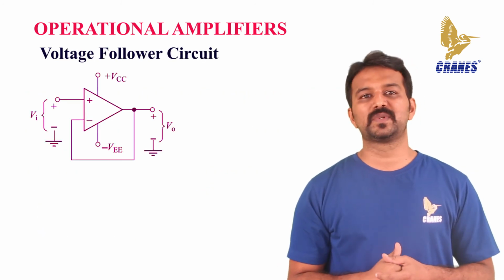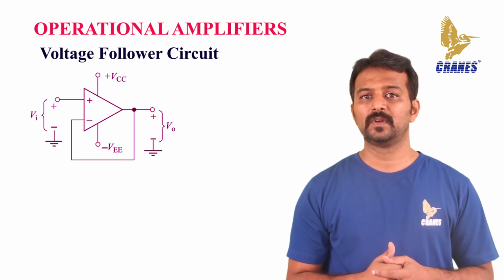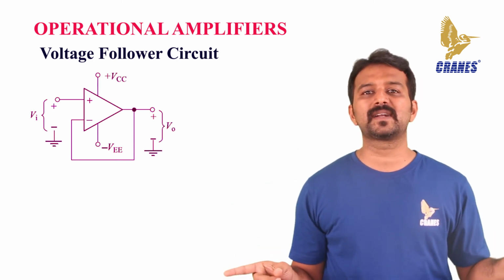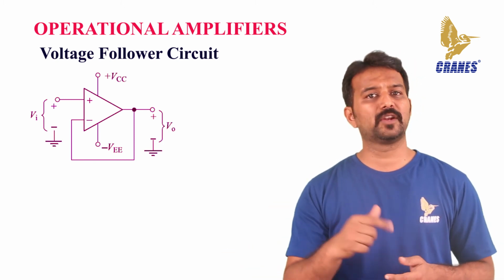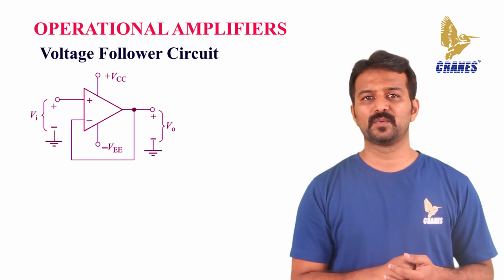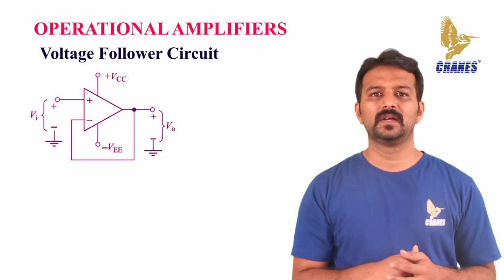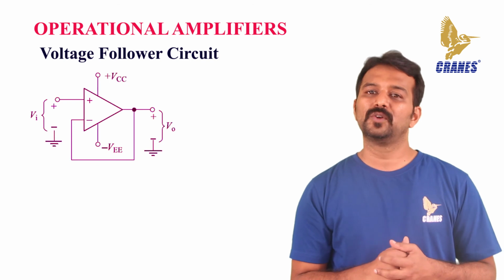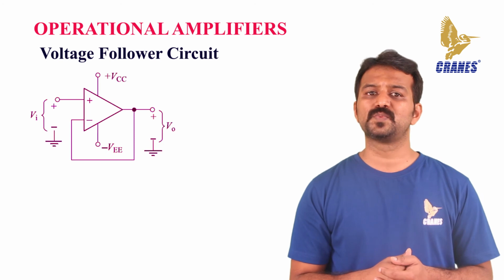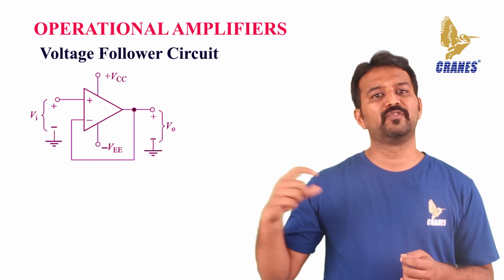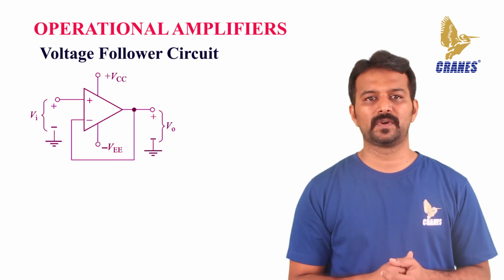Let's look at the voltage follower circuit. Voltage follower is one of the simplest uses of an op-amp, where the output voltage is exactly the same as the input voltage which is applied to the circuit. In other words, the gain of the voltage amplifier circuit is unity. The output of the op-amp is directly connected to the inverting input terminal, and the input voltage is applied to the non-inverting input terminal. The voltage follower, like a non-inverting amplifier, has very high input impedance and very low output impedance. The circuit diagram of a voltage follower is as shown.